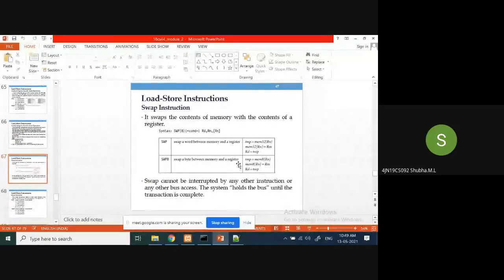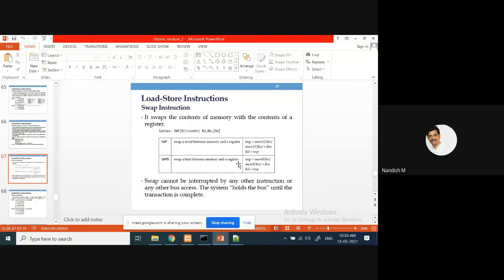Yes, sir. Okay. Now we'll continue with the load and store instructions. Yesterday, and till now in this chapter, we have discussed data processing instructions. Which are those? Move instruction, then arithmetic instruction, then logical bitwise instruction, comparison instructions, and multiplication instructions. After that, we have discussed the branch instructions: B, BL, BX and BLX.